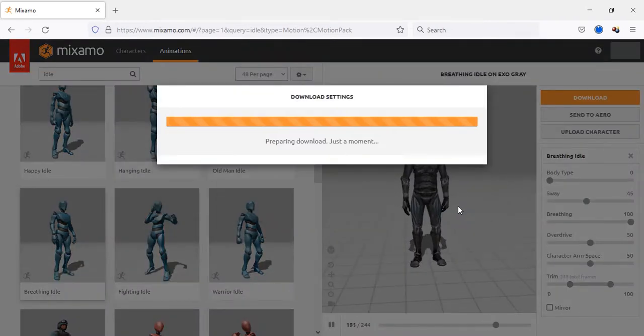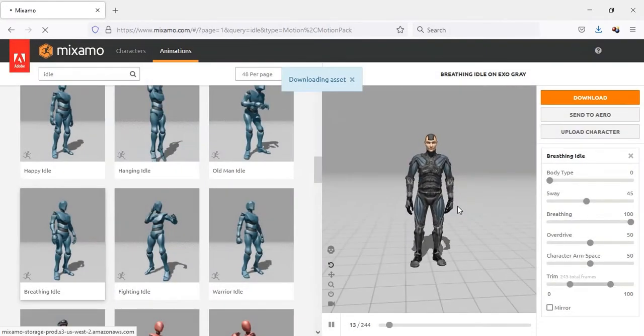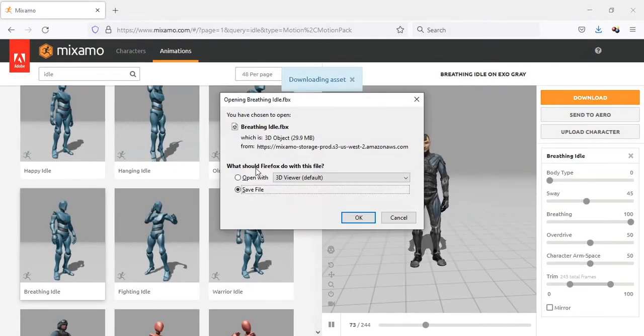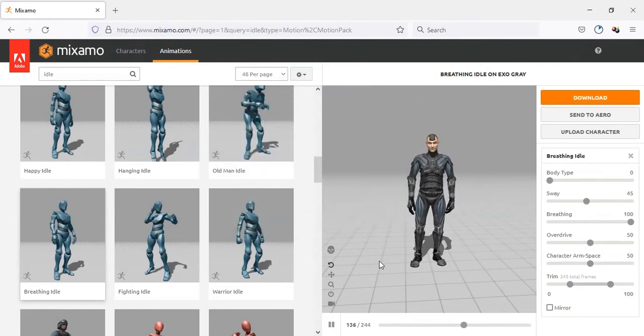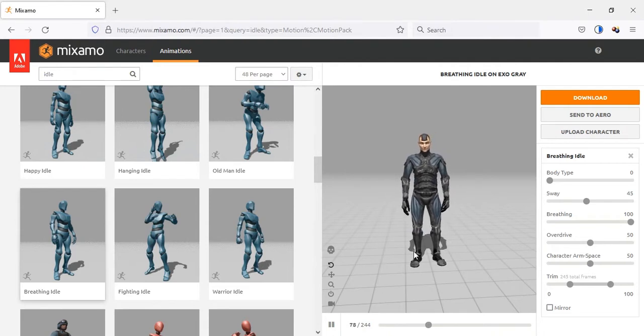And download this clip. Now I have downloaded both the animations.